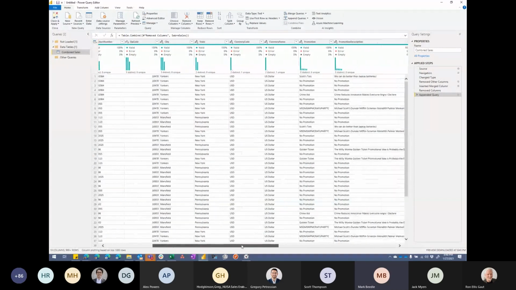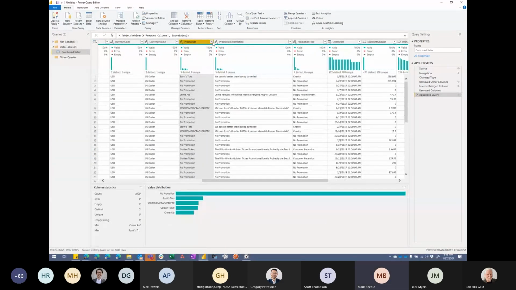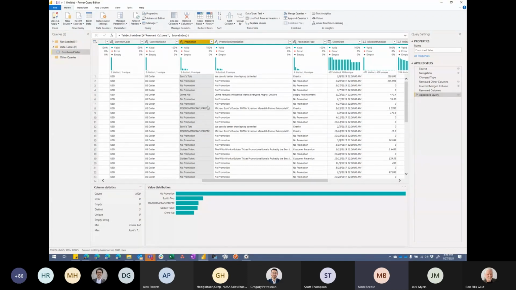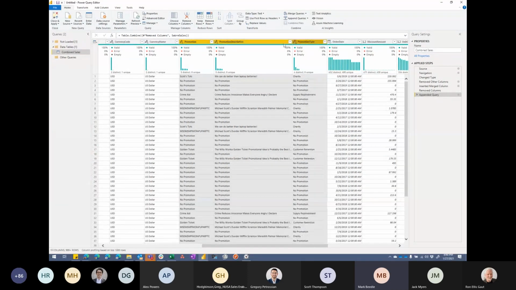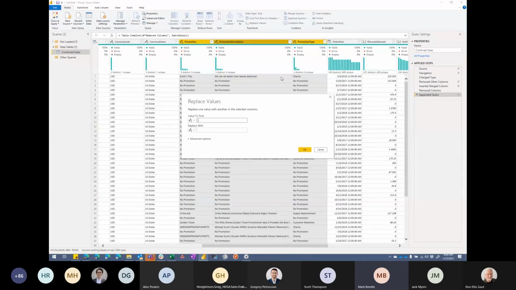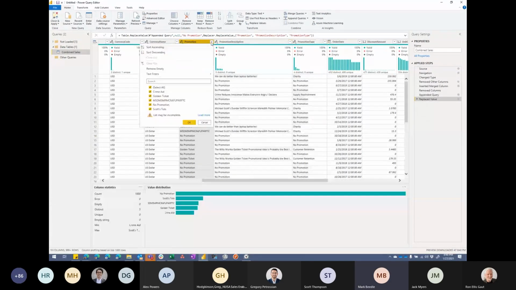Remember I talked about promotions, right? So Sabre doesn't have promotions, Dunder Mifflin does. I'm going to do some column profiling on this, and I bet you this null is all that Sabre data that just came in empty. So I'm going to use a nice replace here. So replace values, and I'll say replace null with no promotion. Let's see. Did that work?